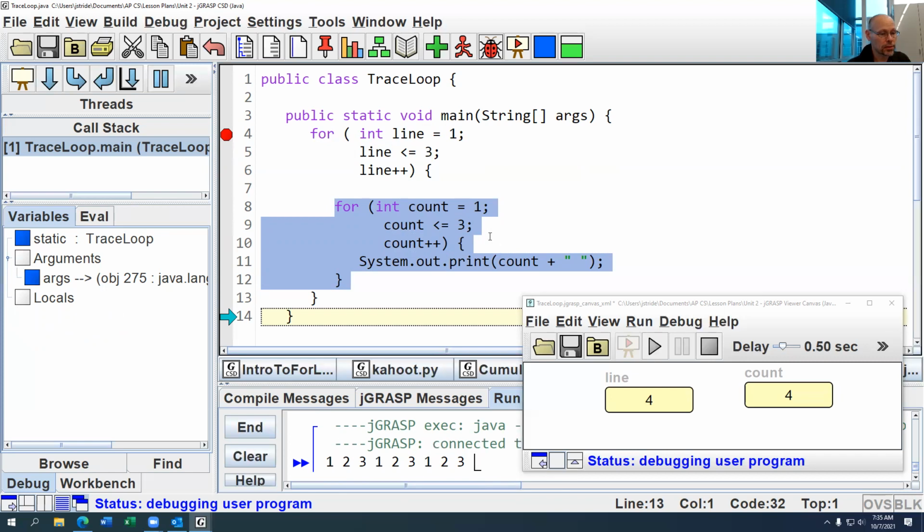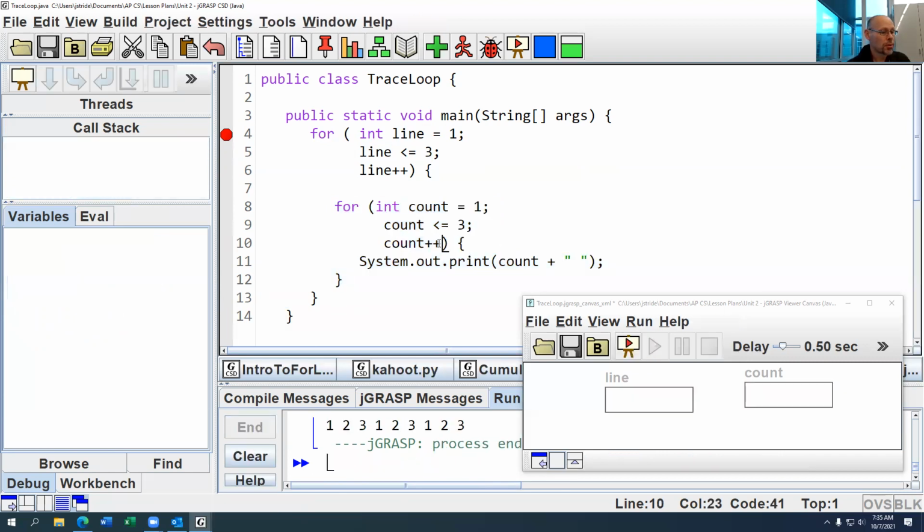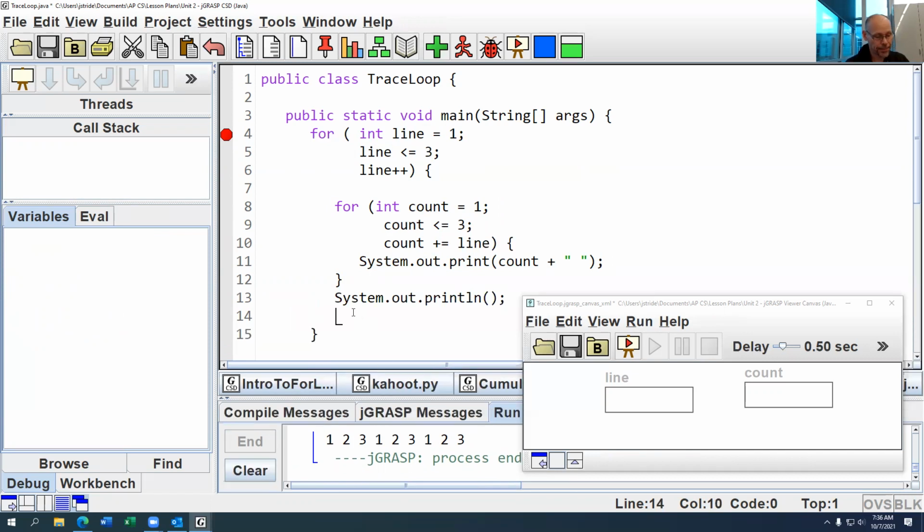Let's see if we can make this a little more interesting though. So my count is going to be plus equal to line. And then when I'm here, I'm going to System.out.println to add a new line to it. And then just for giggles, because I'm a giggly type of guy,